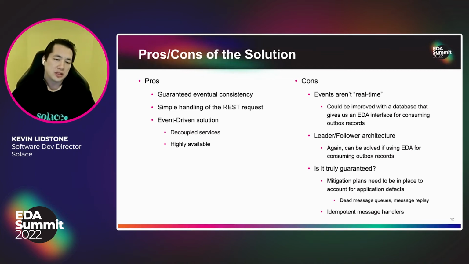But the way we chose to solve the problem in our solution is a pseudo message replay solution where we can restream the events from the Outbox table back to Elasticsearch, which we can do on demand from a REST request that we wrote to be able to do that. So that is how we use the Outbox pattern to solve a CQRS implementation between our microservices.